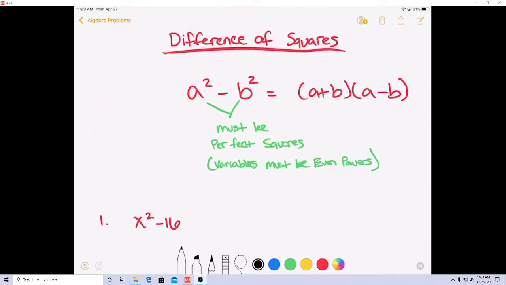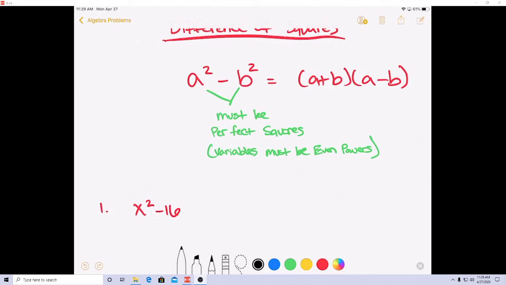Difference of squares is completely different than the other ones that we talked about. It can only be used with a binomial. It has to have two terms. Both of those terms have got to be perfect squares. The variables must be even powers. And if the problem falls into those guidelines, then it's going to factor into a plus b